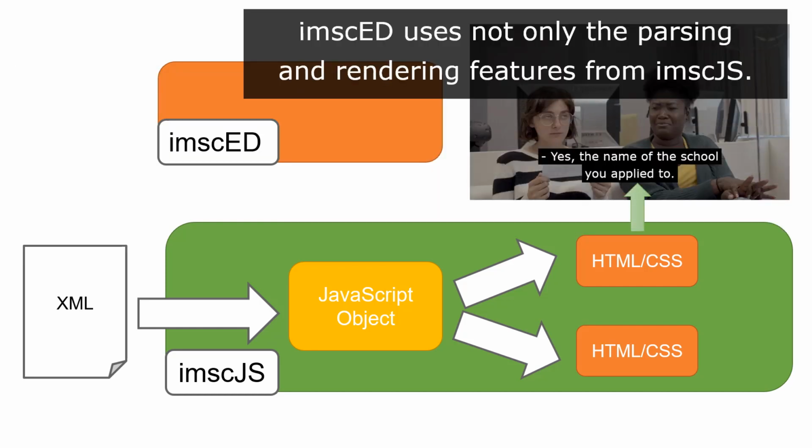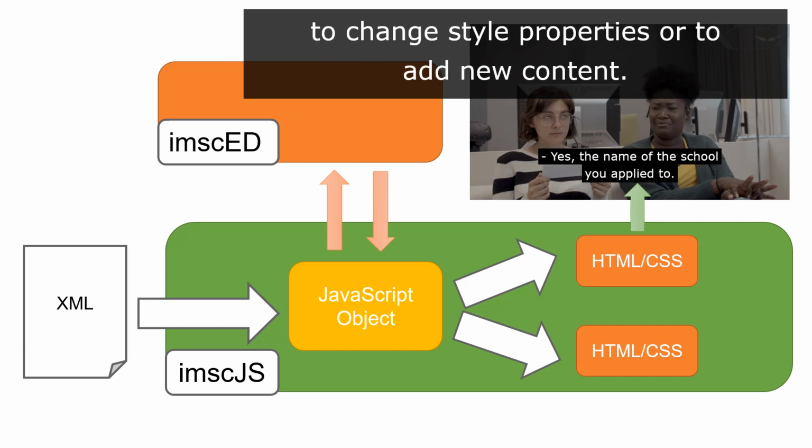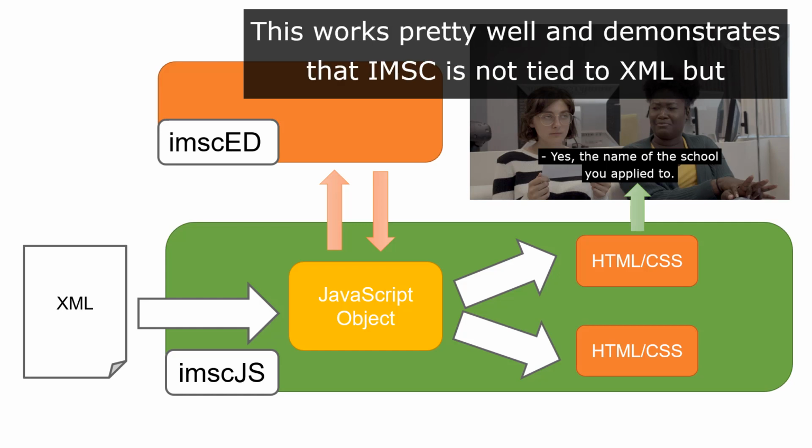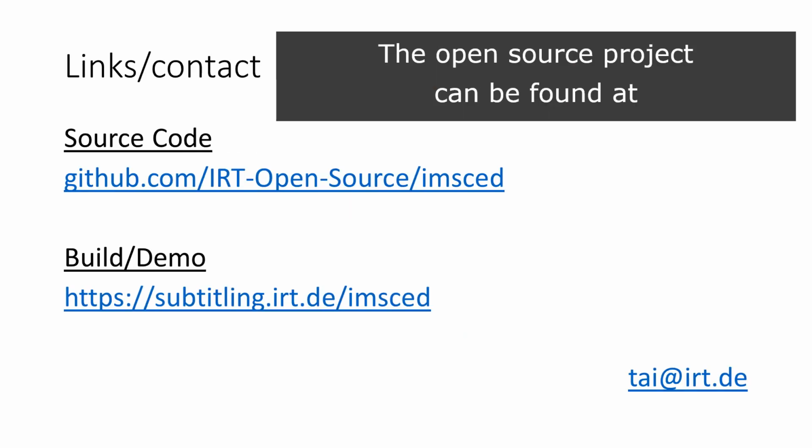The subtitle editor IMSC Add uses not only the parsing and rendering features from IMSC.js, it also uses the generated JavaScript object to change style properties or to add new content. This works pretty well and demonstrates that IMSC is not tied to XML, but also works as content model in other languages. The open source project can be found at